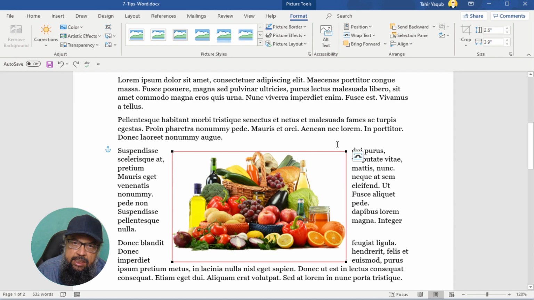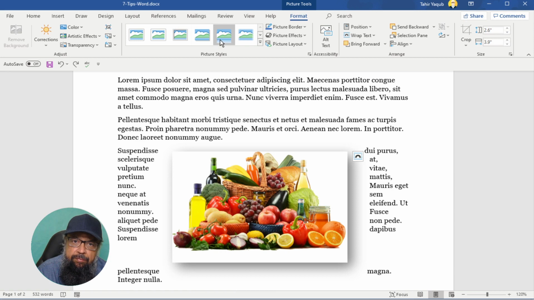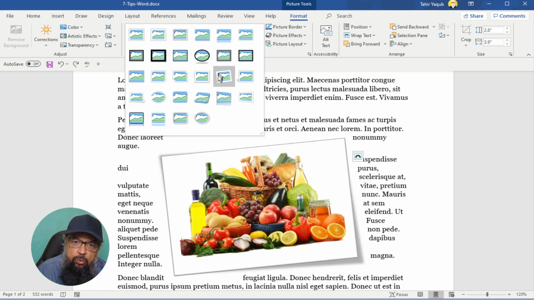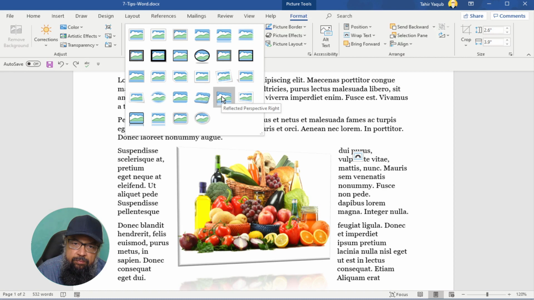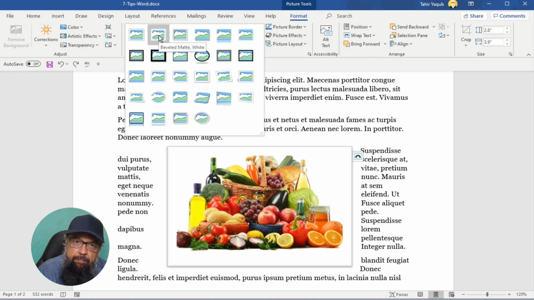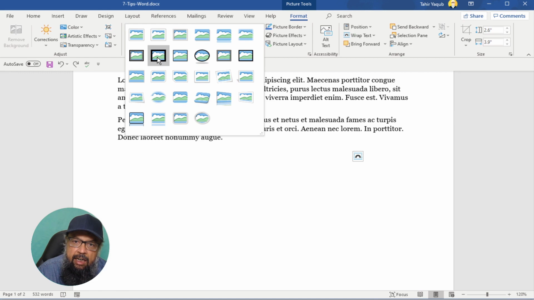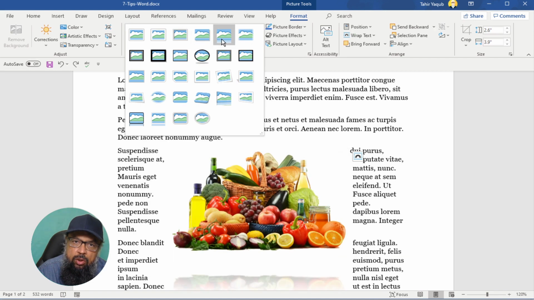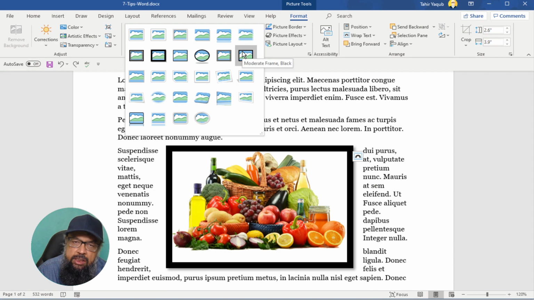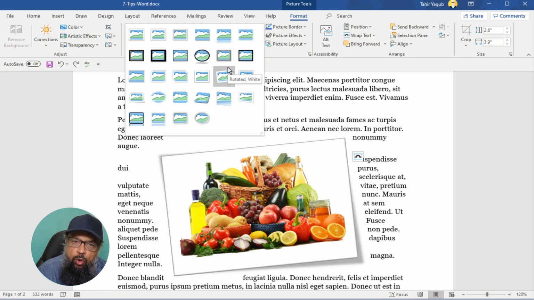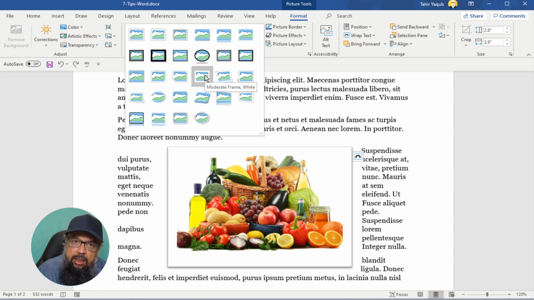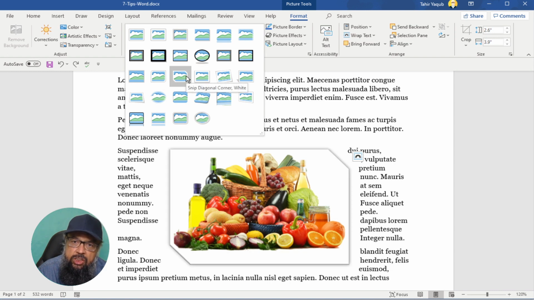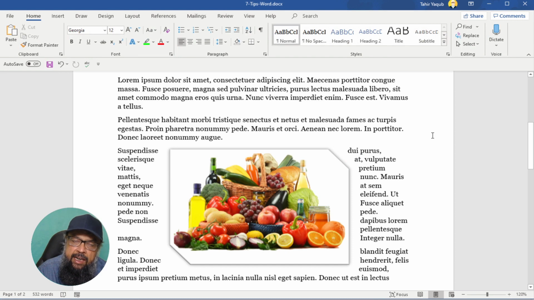So let us undo this. The last thing about picture placement is in this area, and there are a few styles available here, and you can select any of these styles: a beveled type frame, even a metal frame, and there are some others. As you move through these options, you will see that there are a lot of very useful ones which might suit you in certain applications. So you can select any of these styles, and then your image will be placed with that style. So this was about wrapping text around the image and some picture style and formatting options.